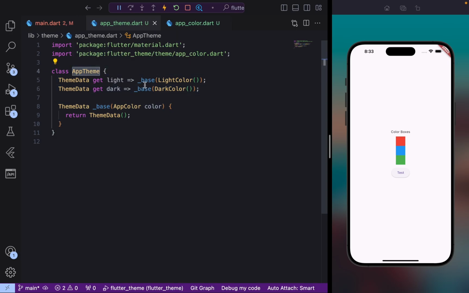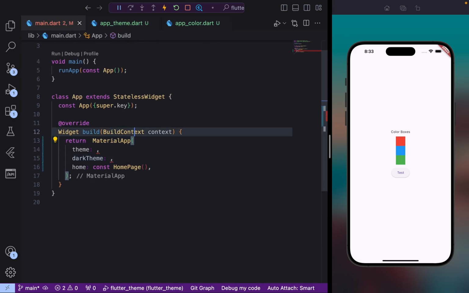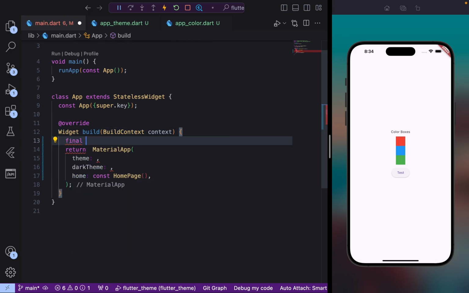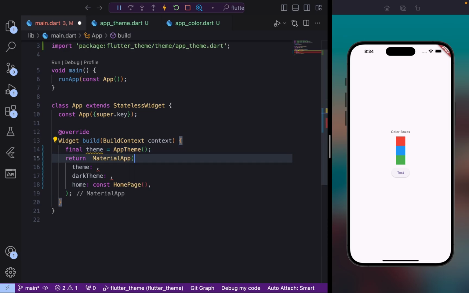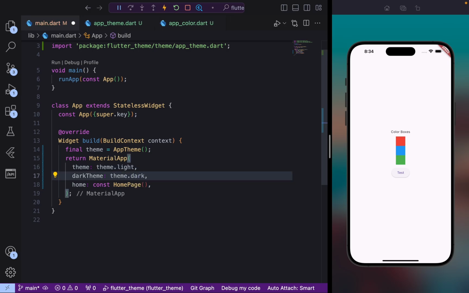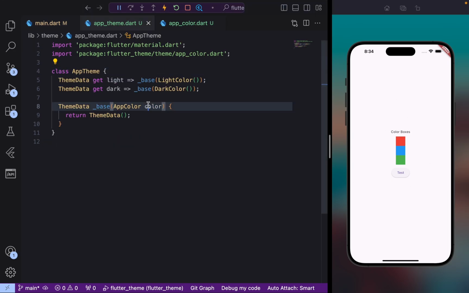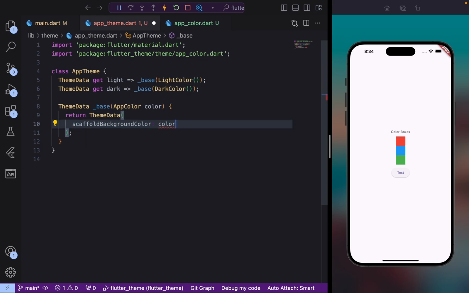So our AppTheme is kind of ready, but let's pass this to our MaterialApp. theme equal to AppTheme.light, darkTheme AppTheme.dark. Now, even though I restart, we can't see any changes here because we aren't utilizing our parameter here. Now, if I say scaffoldBackgroundColor and if I do color.accent, you can see the background color changed. If I say, let's turn off the Material 3 thing